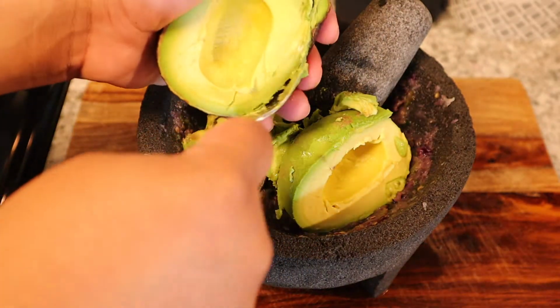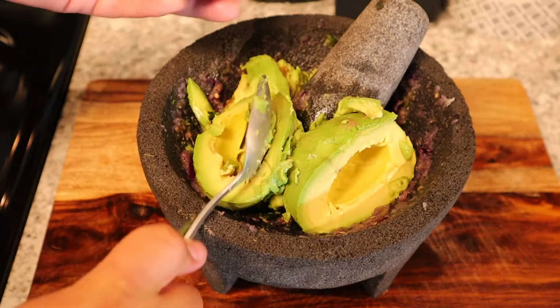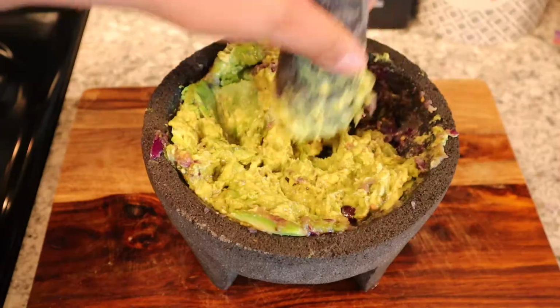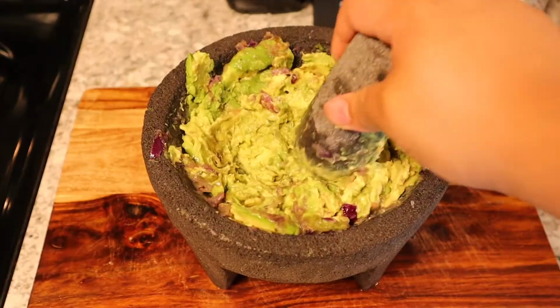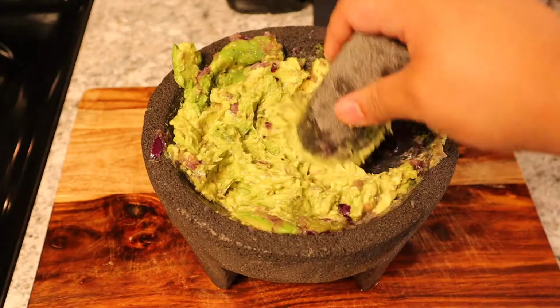This one's a perfect size for 2 nice avocados, so we're gonna go ahead and throw in the second one. Make sure you get all that goodness. Then we start to mix, and oh, this is gonna be satisfying here. Gonna incorporate everything. Just start squishing it down, try to work it the best that you can, try to make sure it stays in the molcajete as well. And all of that delicious garlic and onion paste is gonna start to infuse together with the aguacate,